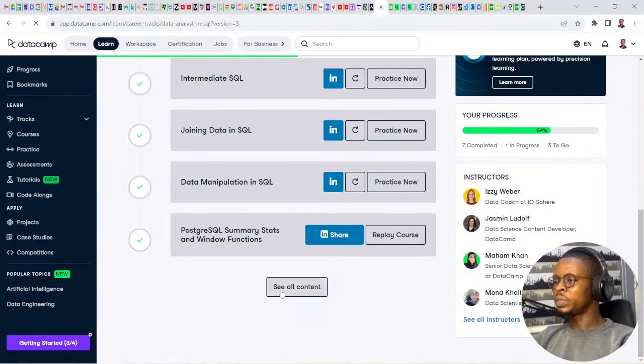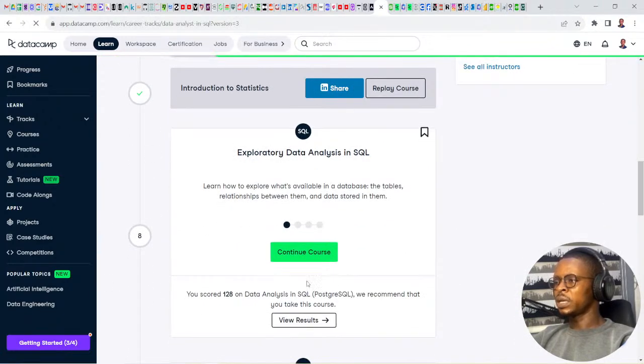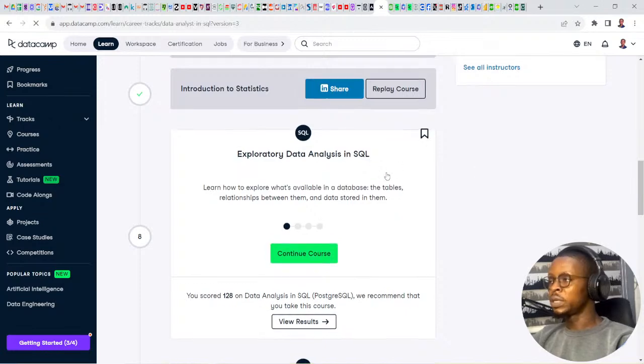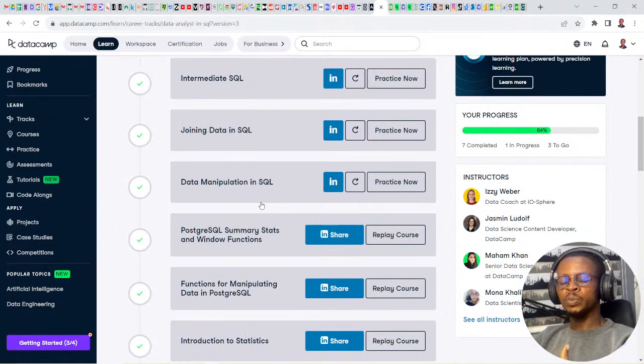I'm able to complete 7 courses here, and I'm on the eighth course, which is exploratory data analysis in SQL. I've been doing that for the past 54 days. It has been an amazing learning journey, trying to learn consistently and cover as much as possible to upskill myself as a data analyst. I'm currently a top rated plus freelance data analyst on the Upwork platform. I've been freelancing for getting close to 4, 5 years now, so I've had major success on the platform.